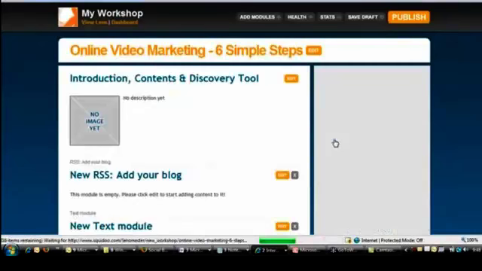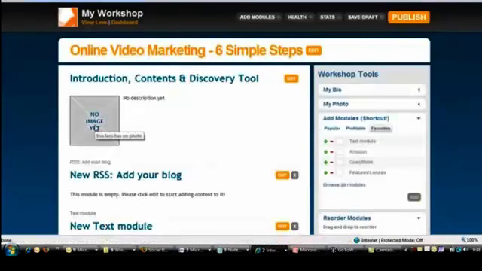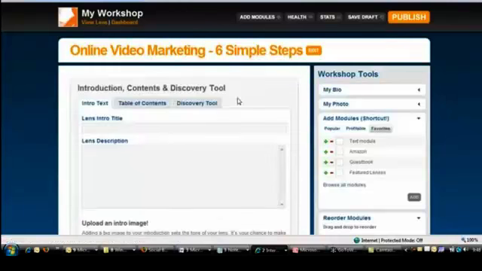Okay, so what you're now ready to do is start adding content to your Squidoo site, to your Squidoo lens or page. Under the introduction, go ahead and choose edit, and then your lens intro title is typically going to be something with your keyword phrase in it. It's kind of different. So 6 simple, 6 easy to follow video marketing